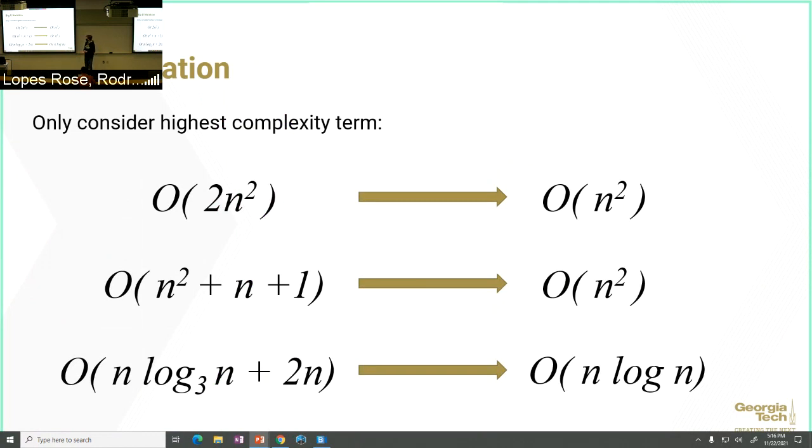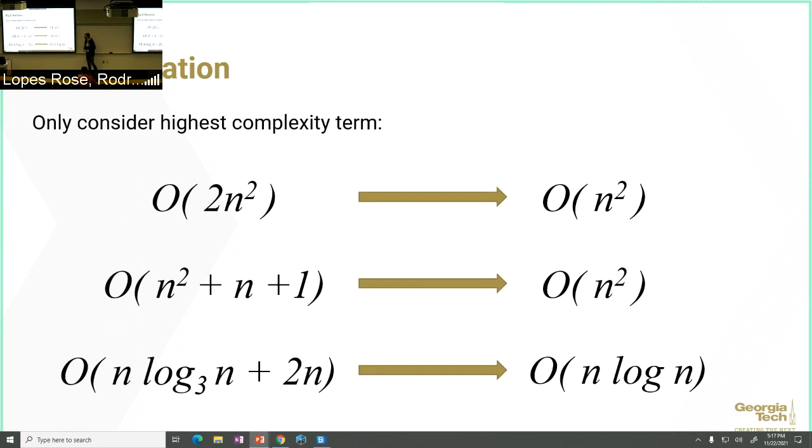So if we're talking about a vector that's 5 elements long versus a vector that's 5 trillion elements long, well then 5 squared versus 5 trillion squared is a massive difference, right? So we only care about big O when we talk about this input size tending towards infinity, which means that we really only need to consider this highest complexity term, and we can ignore these other terms that are